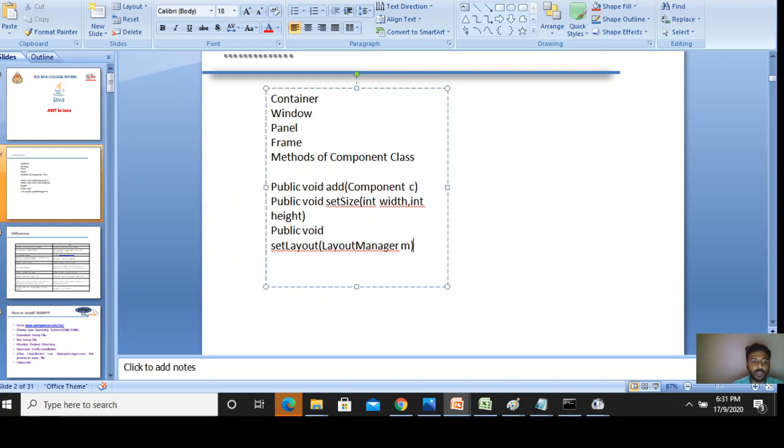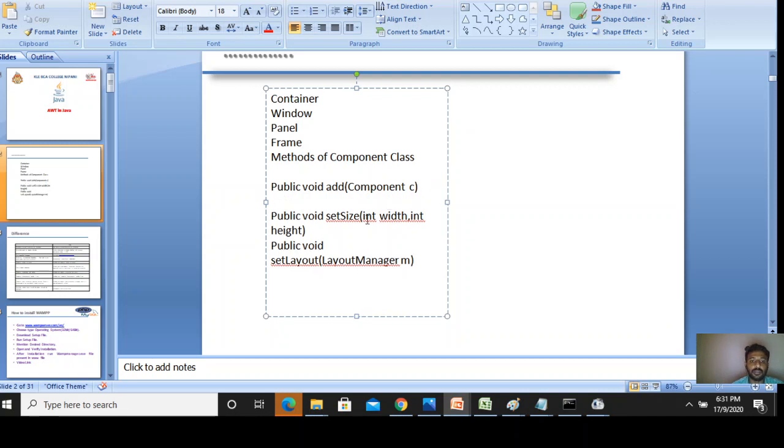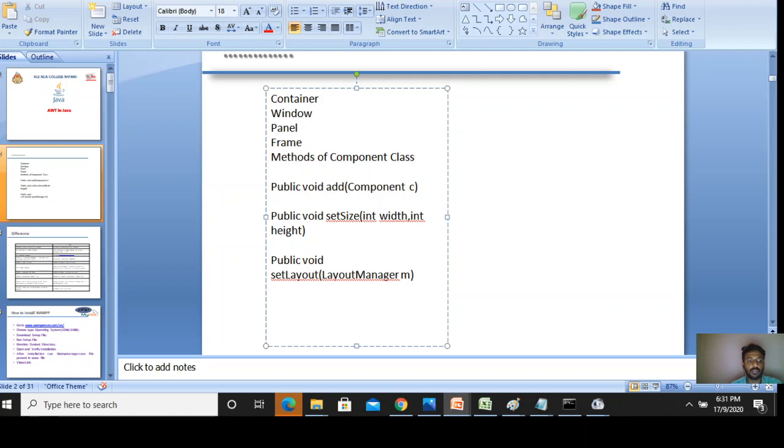Define the layout manager for the component. Next one is to make the space in between them. The next one is set visible,